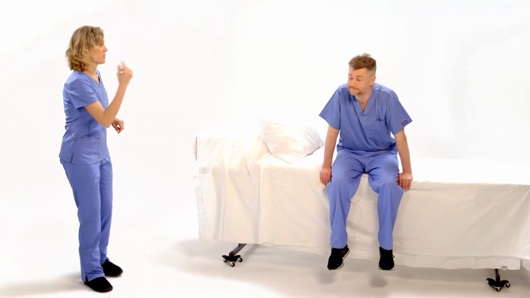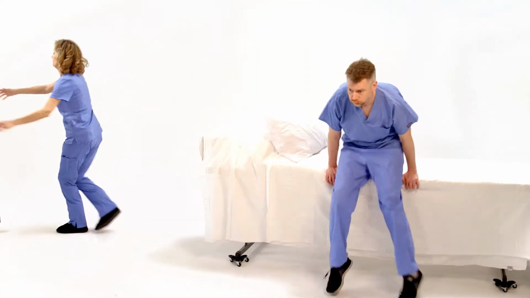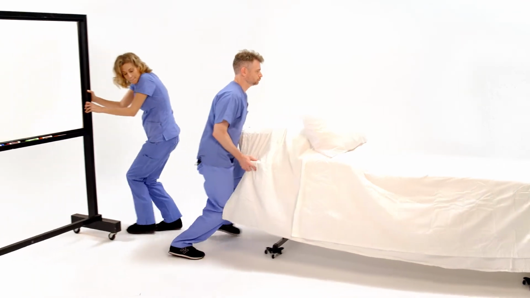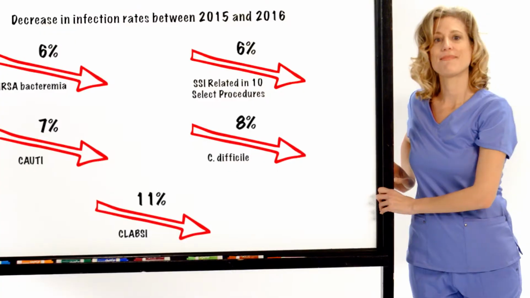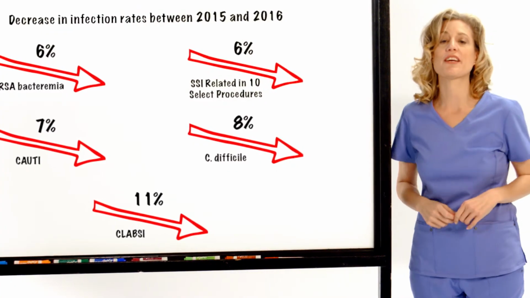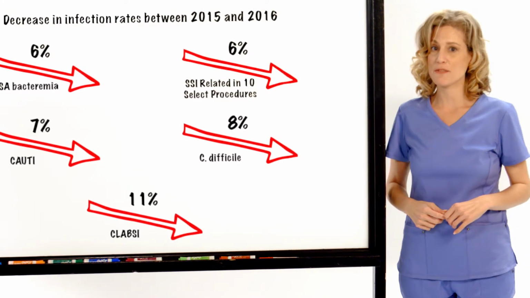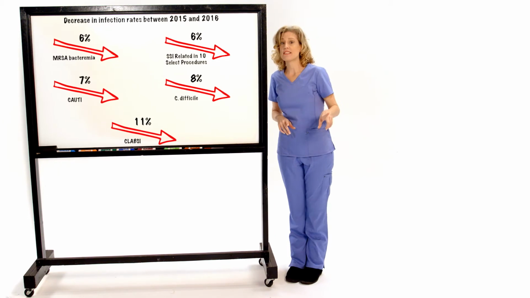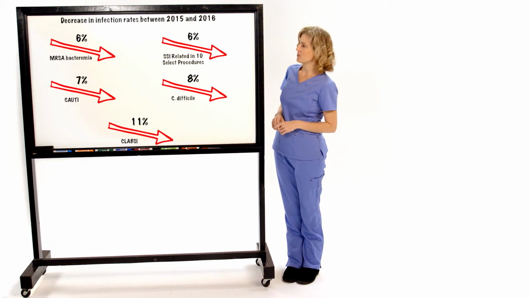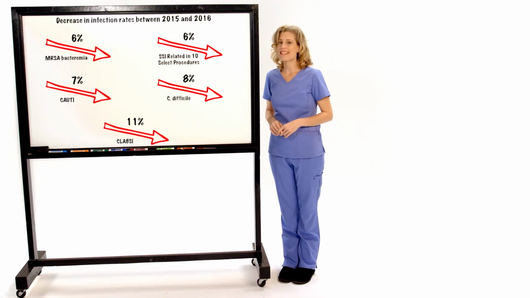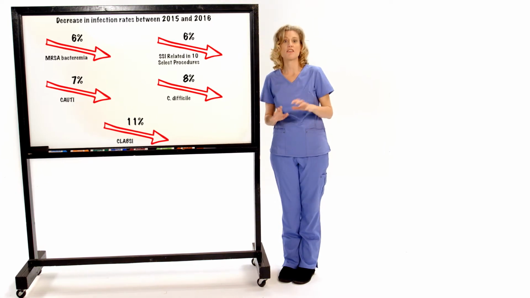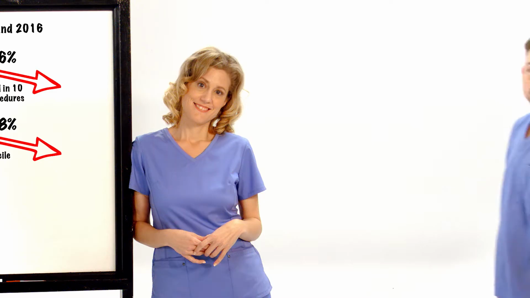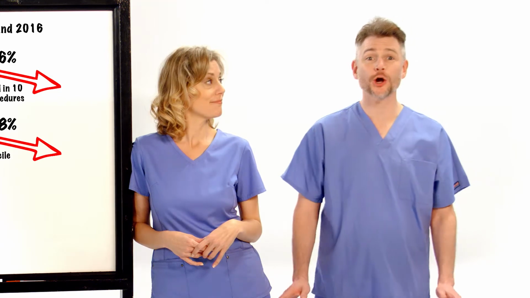Okay, I'm going to have to throw up a chart now, and we don't have room for you. Here's a progress report showing the decrease in 5 major infections transmitted in healthcare facilities. Now, I'm not going to go into every number here, but as you can see, between 2015 and 2016, there was between a 6 and 11% decrease across a variety of infections. So the efforts we put forth so far are starting to work, which is great news.